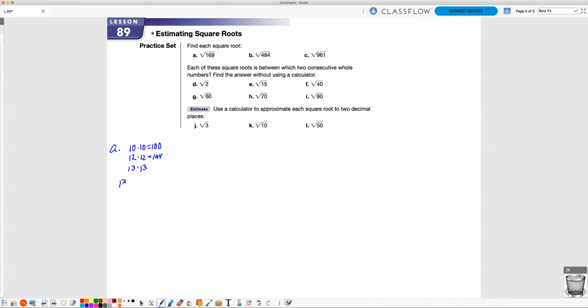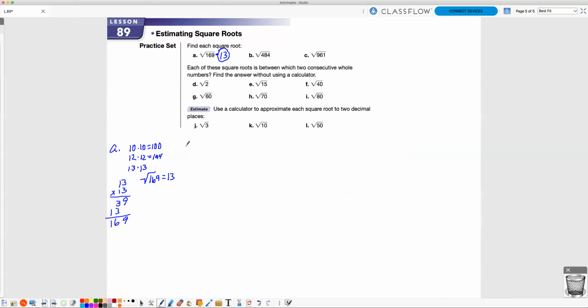In order to do 13 times 13, I'm just going to multiply that out. I see that's 9. This would be 3, 3, 1. This would be 9. That would be 169. And the square root of that then is simply 13, because 13 times 13 equals 169. So the square root of 169 equals 13. And it's not 169 divided by 13. It's simply stating what two numbers multiplied together will equal 169. And that would be your answer. Letter B,